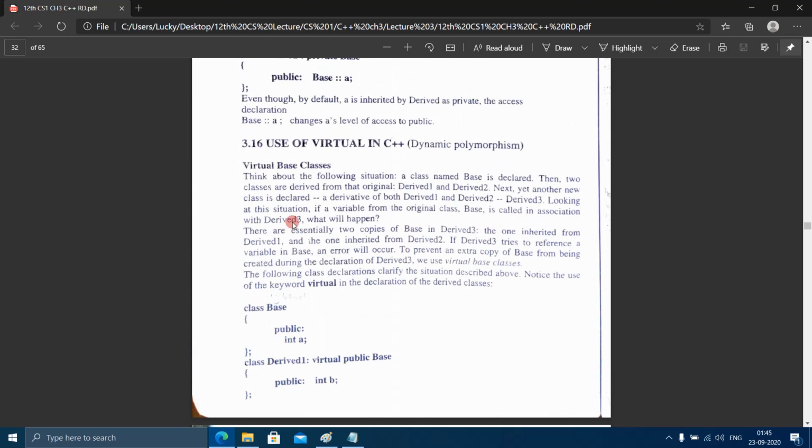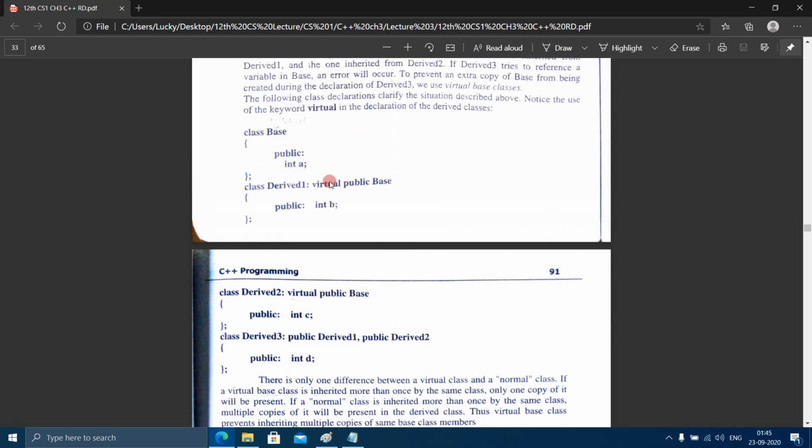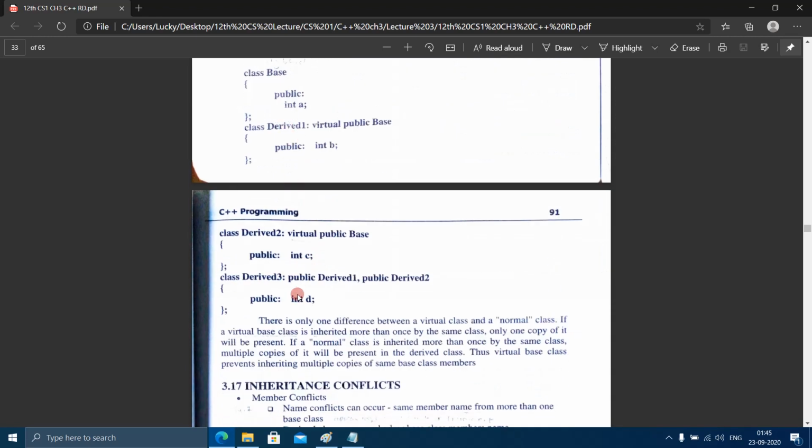Looking at this situation, if a variable from the original class base is called in association with derived 3, what will happen? If the object of the derived 3 class is going to call the data member of the base class, what will happen? Because this derived 3 class will have two copies of this data variable.